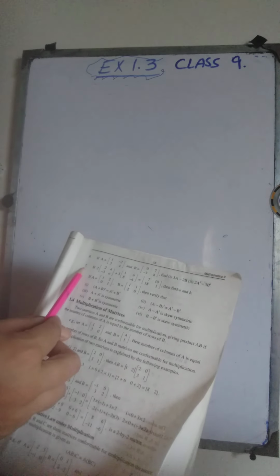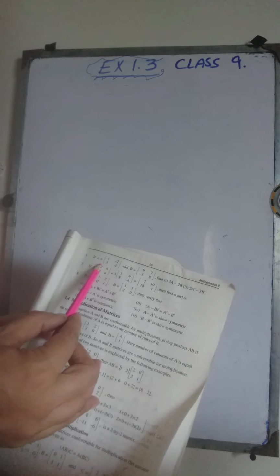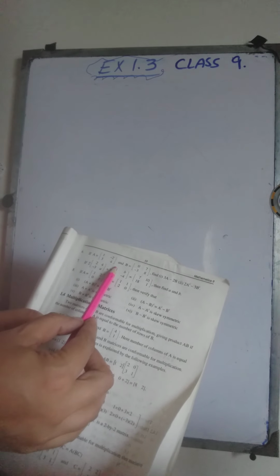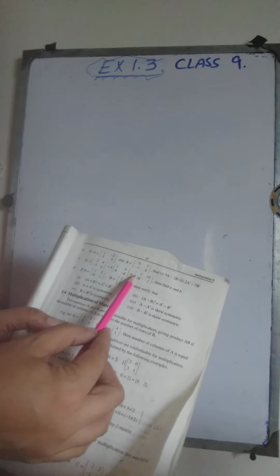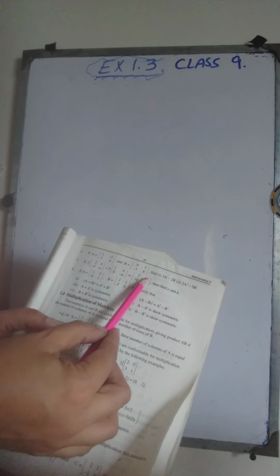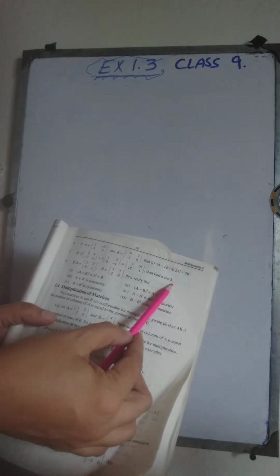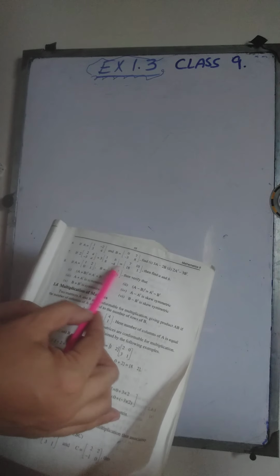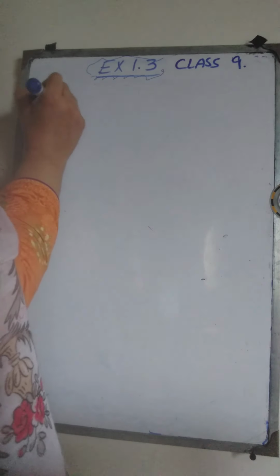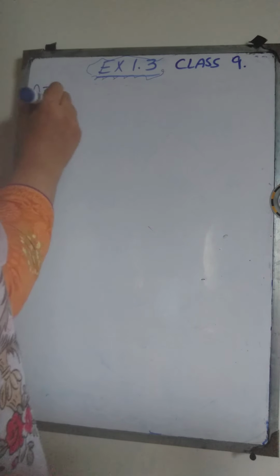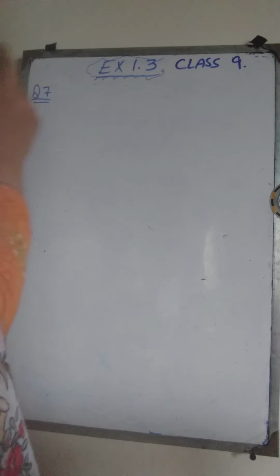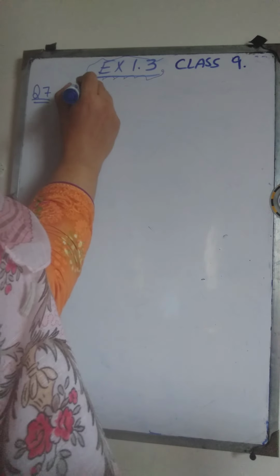Now coming to question number 7. If 2 times this matrix plus 3 times this matrix is equal to 7, 18, 10 and 1, then find A and B. Okay, we have to calculate A and B, and this expression is given to us. Question number 7. We are given that 2 times